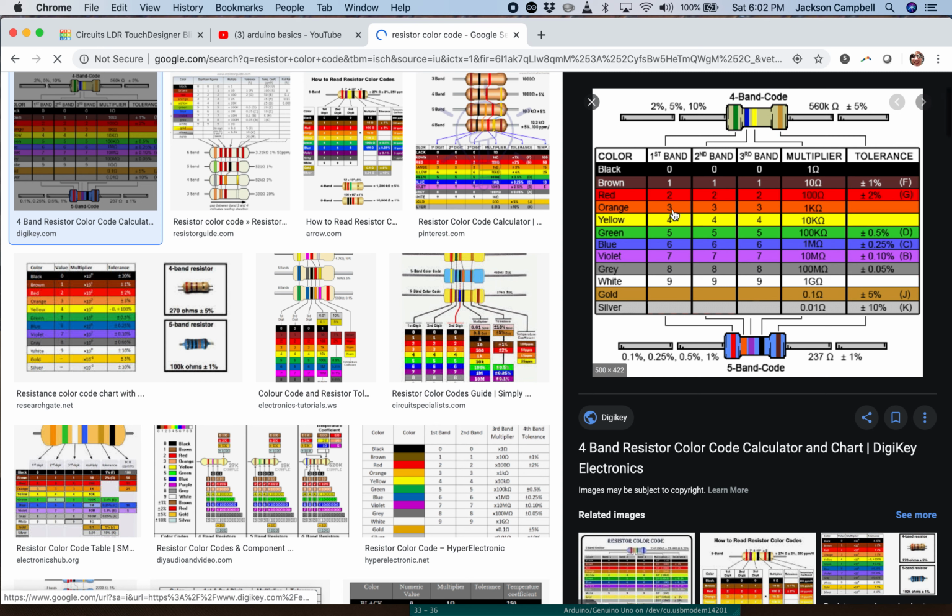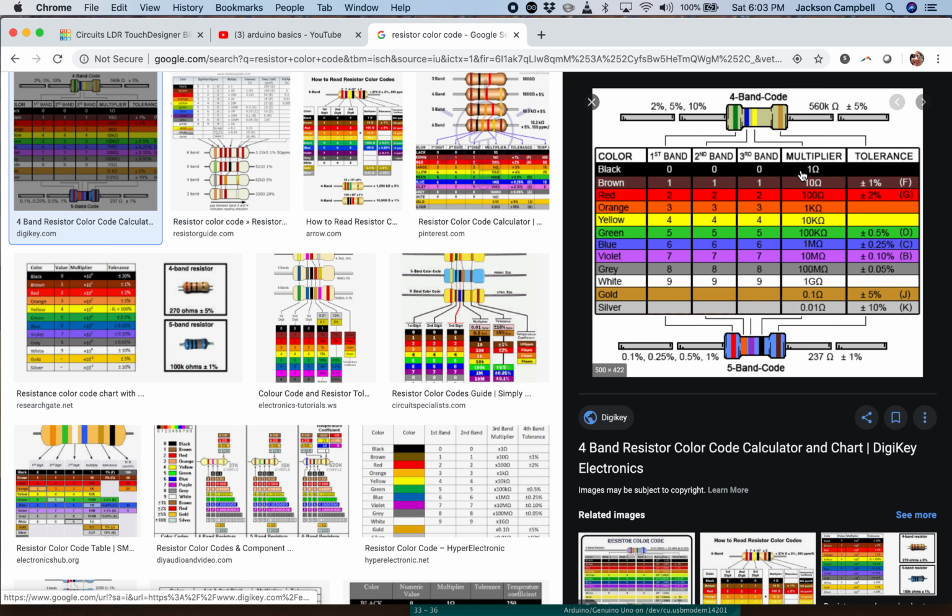There we go. Okay. So the way this would work is if it was a 220, it should be red, red, black, black, and then maybe a brown, right? That's a four band code. And the way that works is the red, as you can see here, is equal to 2 in the first band. The second red is equal to 2. The third band is equal to 0, so that's 220. And the fourth band is also black, which is a multiplier, so that means you're multiplying it by 1, so that's 220. If it's a 10K resistor, it's